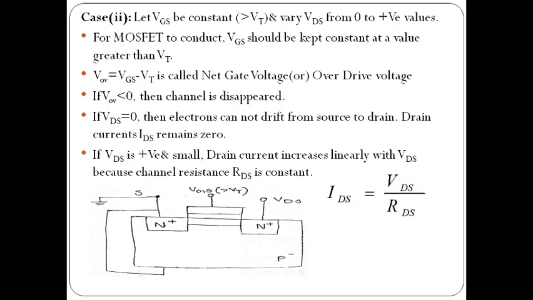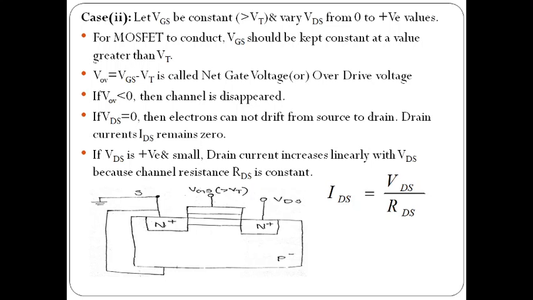Here we are considering the net gate voltage. The threshold voltage is the minimum voltage needed to start conduction or form the channel between the source and drain. So the net gate voltage we can write as VGS minus VT. It is also called the net gate voltage, effective gate voltage or overdrive voltage. When the overdrive voltage is less than 0, that means VGS minus VT is less than 0, so VGS is less than VT, then we cannot form the channel,